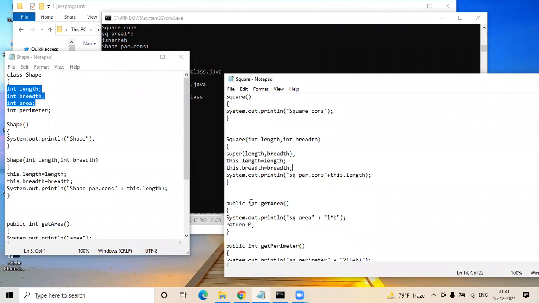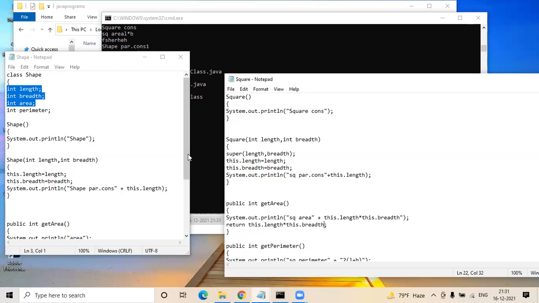And when you're trying to calculate the area, instead of L into B, you can just have this dot length. And yeah, we are good with this.